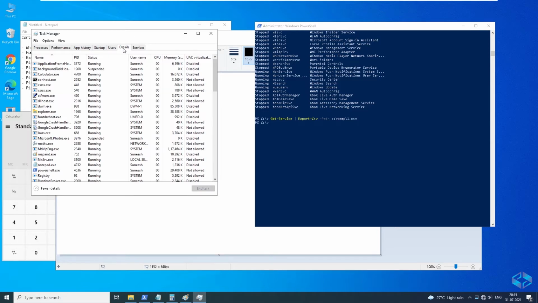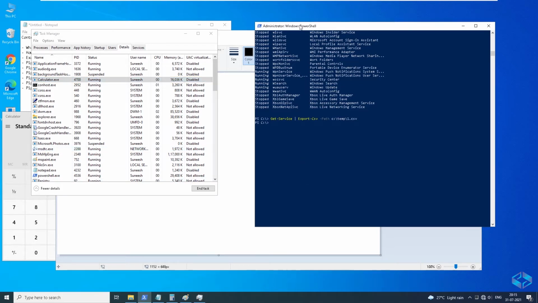If you go to the Details tab in Task Manager, you can see the calculator and Paint processes, such as mspaint and calculator.exe.